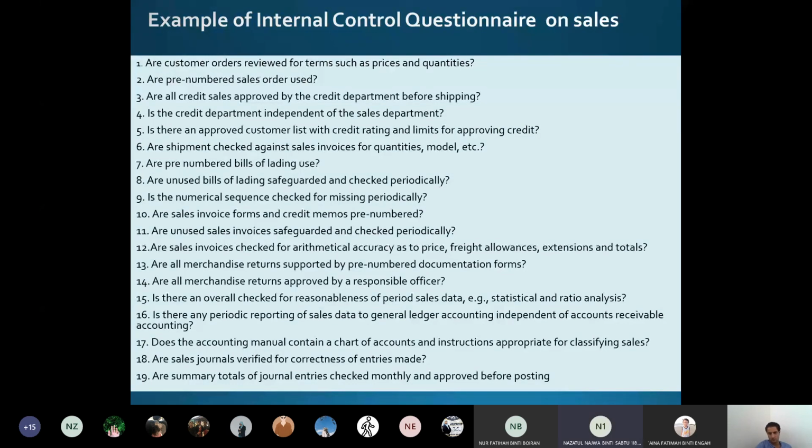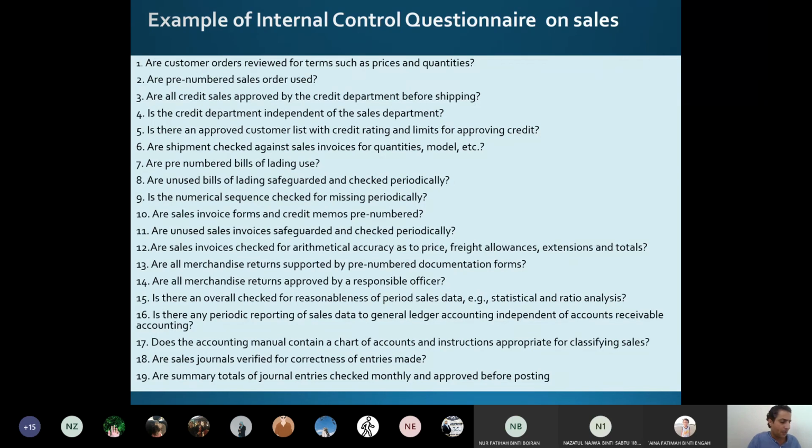Are summary totals of general entries checked monthly and approved before posting? Okay, so now we have the two functions we are trying to check here. We see whether there is a review of the recording before posting, and there is an approval process before the posting. Okay, so the 19 questions is an example. It's not fixed, but most probably we will have